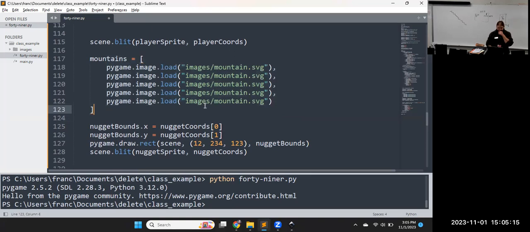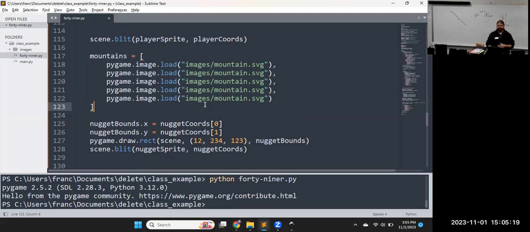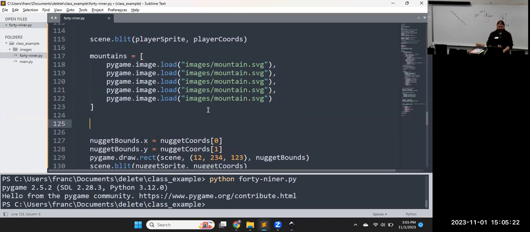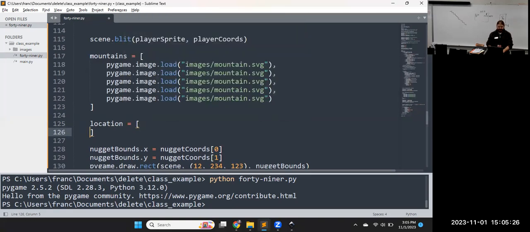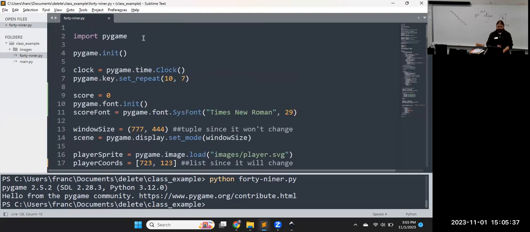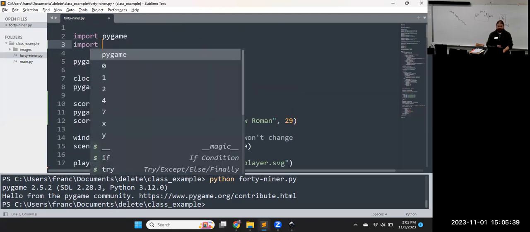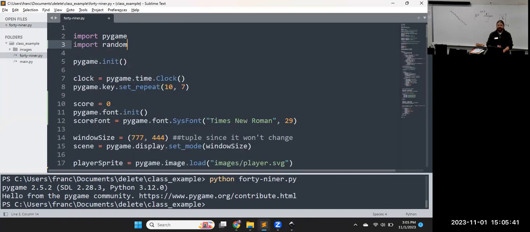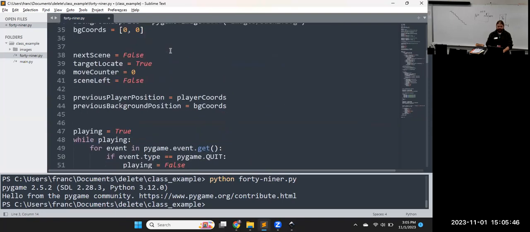How do you make it start in separate spots? I was going to use another list. Location is another list, and each one needs to be a set of XY coordinates, right? It still has to be the map. I'll import random. That'll work. And then we can do random dot